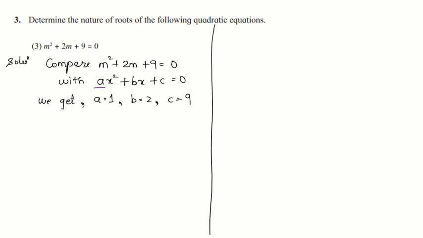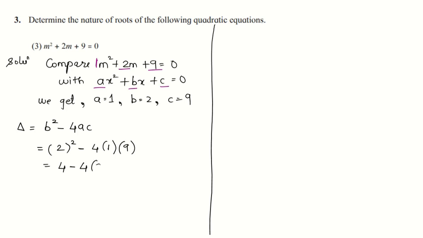We will get the value of a as 1, b as 2 and c as 9. Even here we need to find the value of the discriminant, so let us solve that first. Delta is equal to b squared minus 4ac, which is 2 squared minus 4 into a, that is 1, into c, that is 9. 2 squared is 2 into 2, which is 4, minus 4 into 1, which is minus 4,